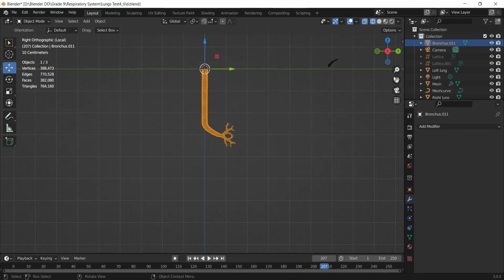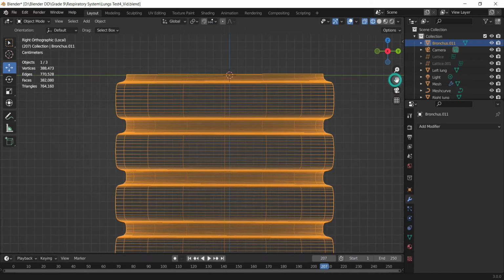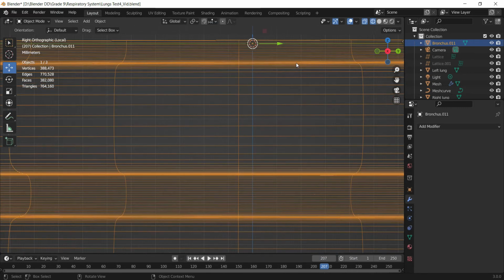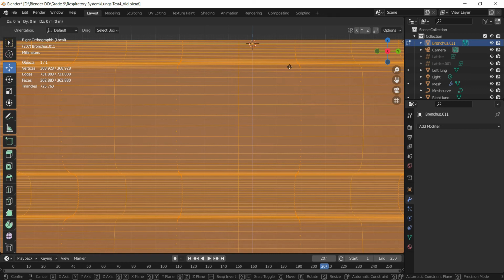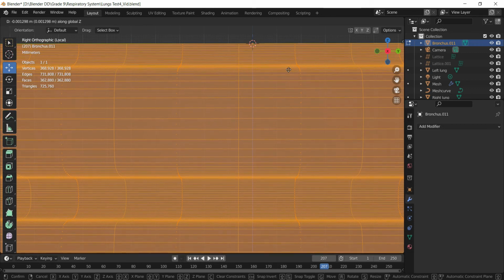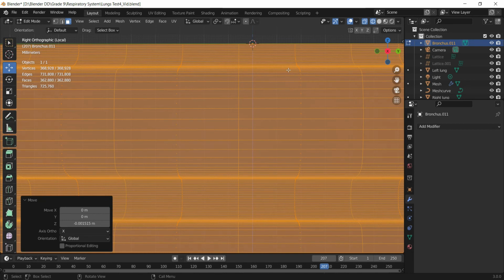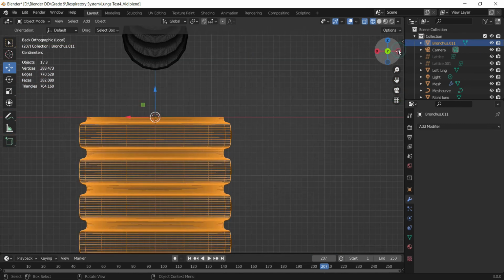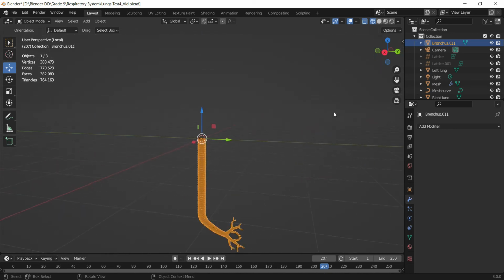From front, all right. From this side, perfect. So this is done, and this is our mesh.